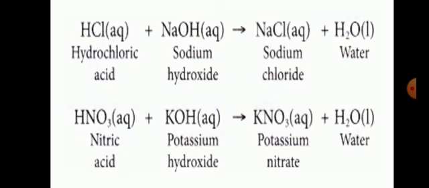So I guess that you all understood what is neutralization reaction and the definition of your neutralization reaction. So let us see some examples for your neutralization reaction. So these are some examples for your neutralization reaction. So let us see them. HCl, that is your hydrochloric acid, in aqueous solution, on combining with your sodium hydroxide, which is also in aqueous solution, that is NaOH, will give you the end products, that is sodium chloride plus H2O, that is water, which is liquid in state, and your sodium chloride, which is an aqueous solution, that is NaCl.